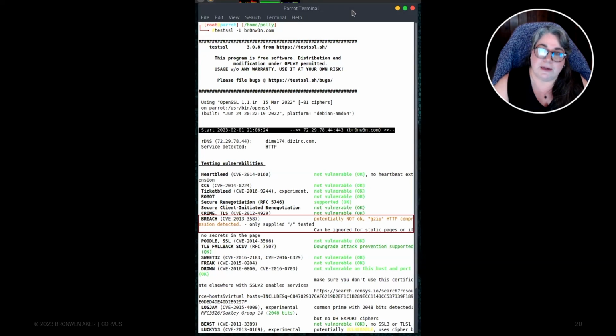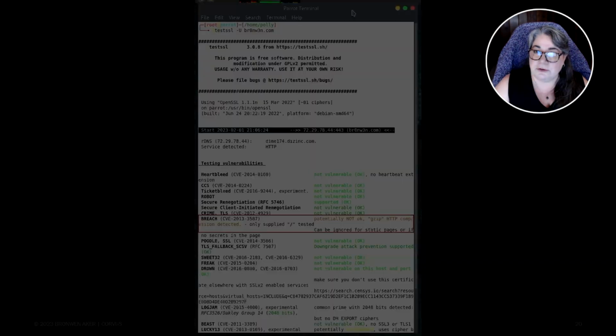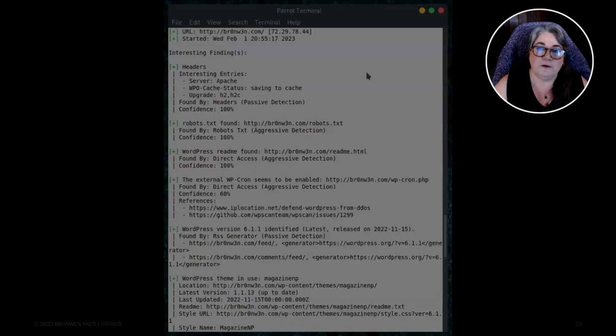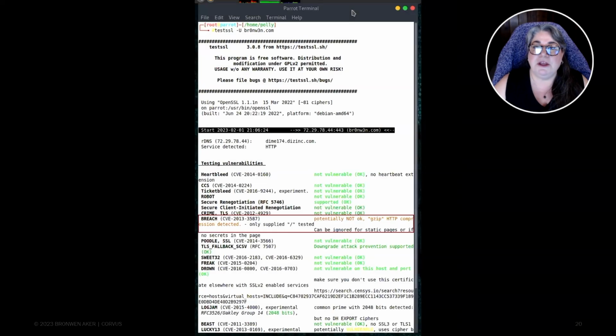This screenshot is superior to the other one for several critical reasons. First of all, notice at the top, you can see the exact command string that I use to execute this scan. I understand it's not always practicable. You can't always include that. So there are other workarounds that we'll get to. But if at all possible, do include the actual command string